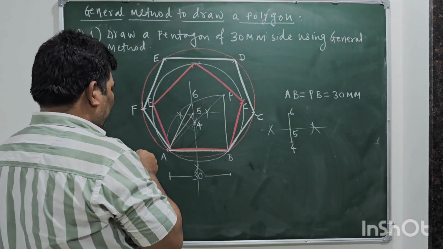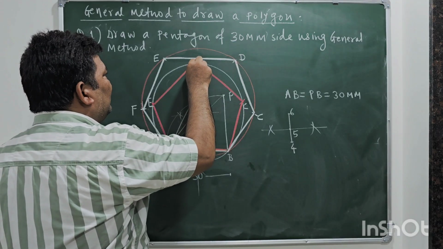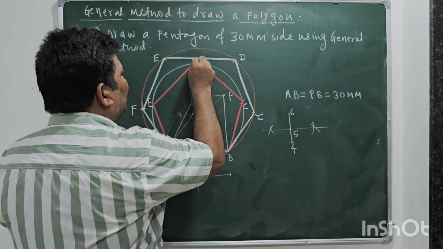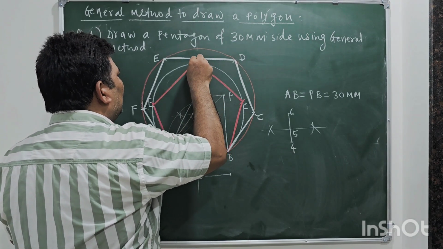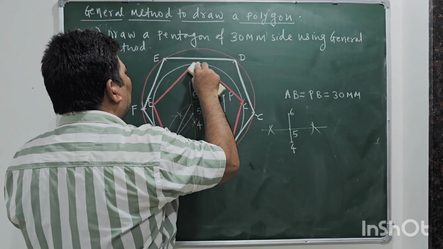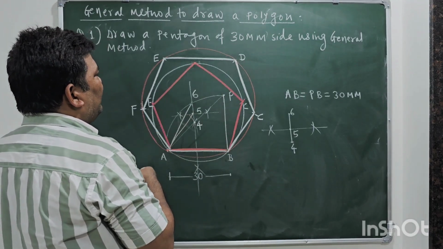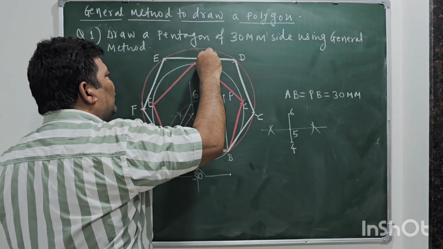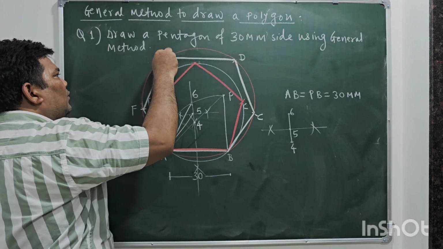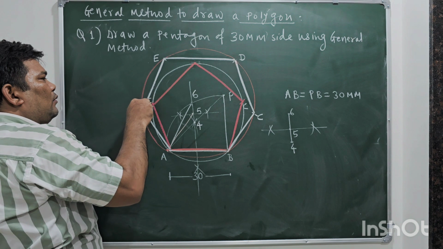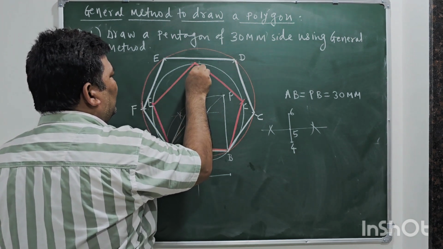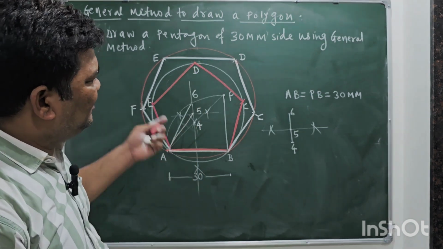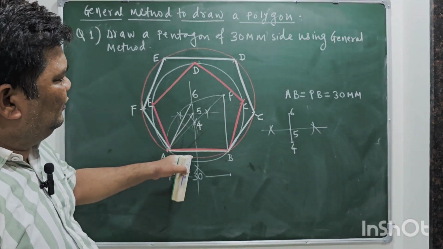Okay, the point on the pentagon we have to mark here. This was the point D. I will write inside because of the space constraint. So you can see the